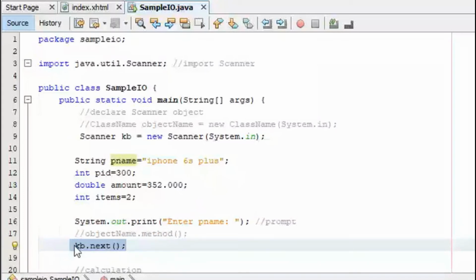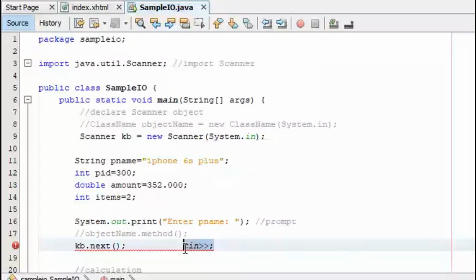In C++, if you are to use cin, you do it like this, no? cin, double greater-than, and put the variable here, correct? That's in C++. Can I do it like this in C++ without the variable? No, it's not correct in C++. We need to save it in a variable, right?